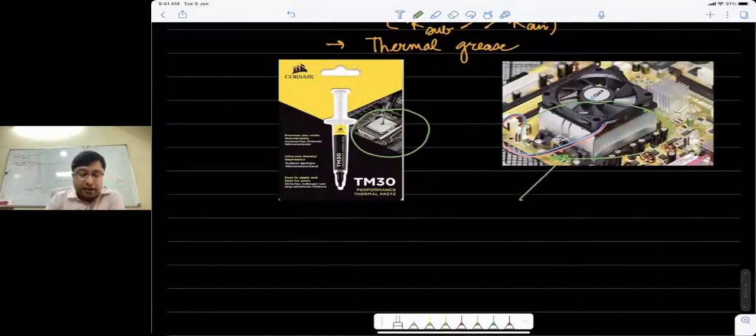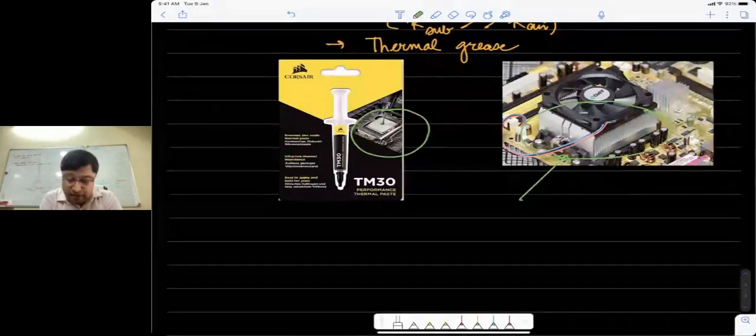And then of course this is actually a forced air or a forced cooling system. So you also have a fan which is going to bring in air and cool this heat sink more effectively. So we'll talk more about the design of the heat sink at a later time. But for now, at least, you should know that this is one of the ways of tackling contact resistance effectively.